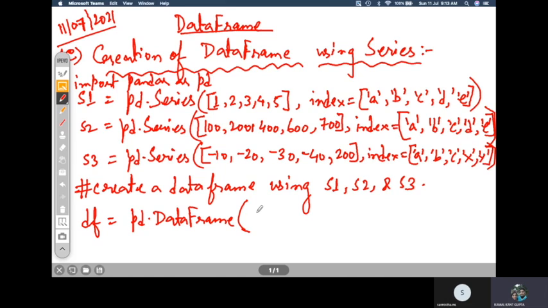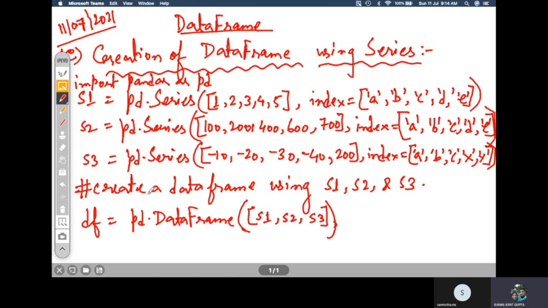Multiple series you can pass, so you can just pass all of them at a time, or one at a time, or two at a time. As many columns as you want to add into the data frame, that many series you can pass as a list. So list of series, S1, S2 and S3 I'm passing here. Okay, so list of series I'm passing like this.